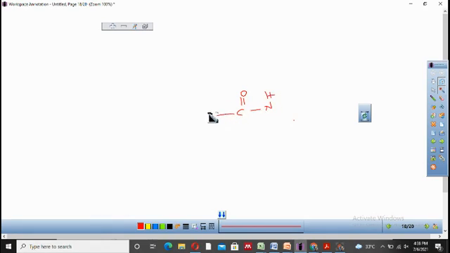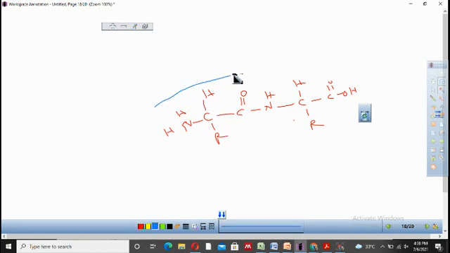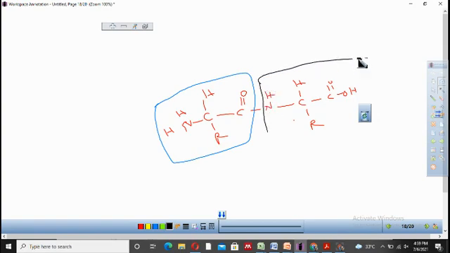On this side there is another amino acid with the terminal COOH group, and this is another amino acid with the terminal group. So these are two amino acids, one amino acid is this, and another one is this. These are the peptide bonds,